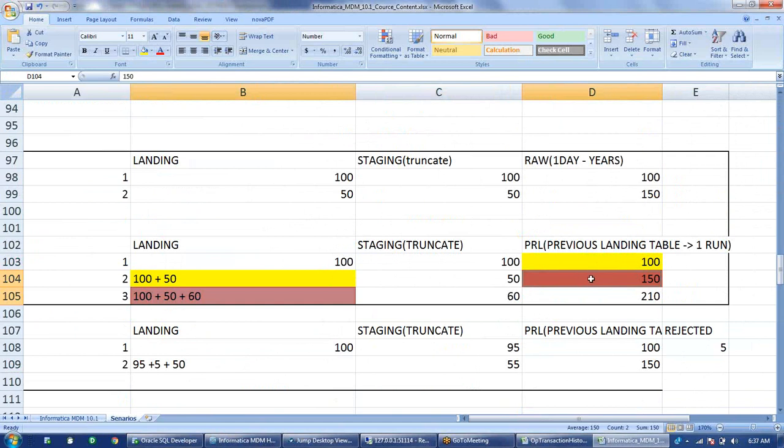So it knows that only 60 new records or updated records have come, so only those got processed. And after processing, again it truncates the PRL table and copies all the data from your landing table. So that's basically the PRL table, which is used for the delta detection process.